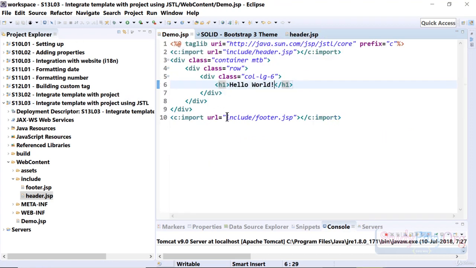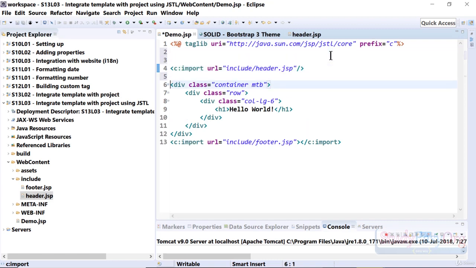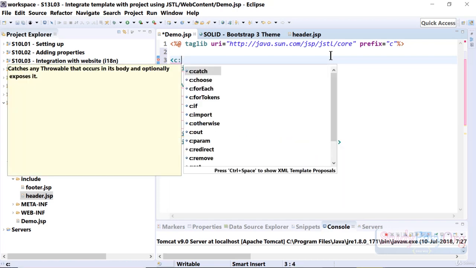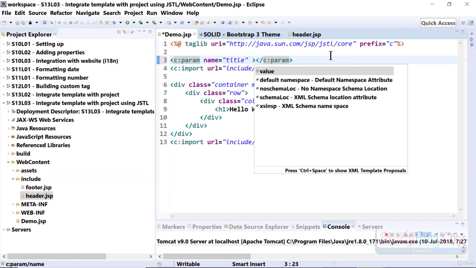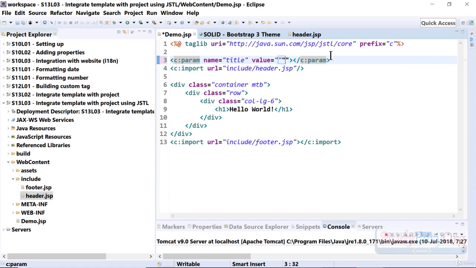And now moving forward, whenever we would like to give a custom title, what we can do is add in a param, and we will transmit that param to this header file. So that can be done very easily, and this is something which we have already seen as well. Let me show you. So in here we will type in c:param. There is something wrong with autocomplete. I don't know why it is not suggesting it properly, but nevertheless the name of the param is title, and value would be, for example, demo page to get started. Alright, so this looks good to me, and we need to close this param